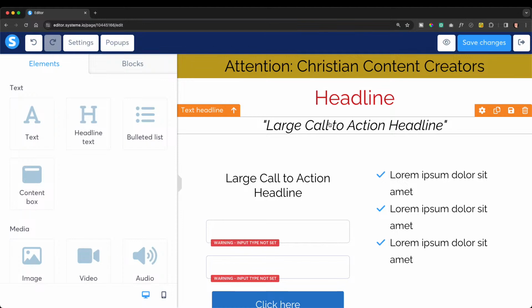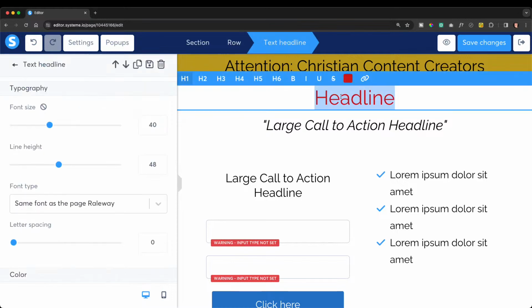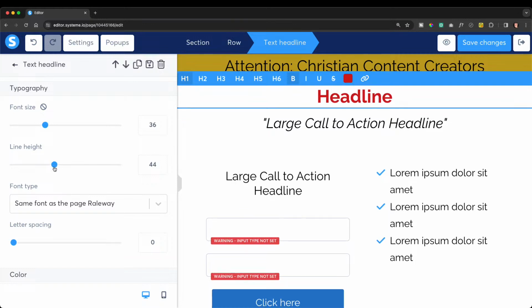I am going to move this large call to action heading behind. So let's make this bold. Ideally, I think that's a little bit big, so we're going to make that a 36. And we'll take this down to a 44 for line height. We'll then add